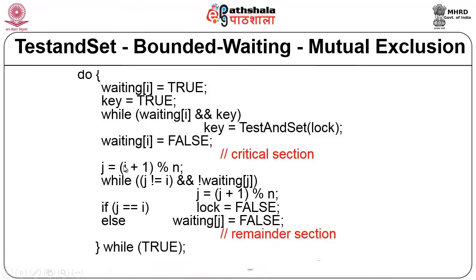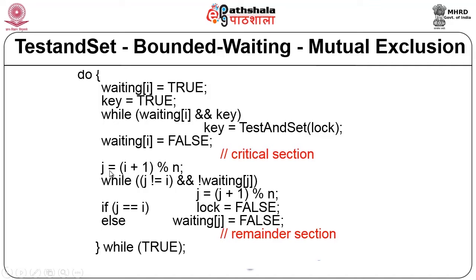And then after coming out of the critical section, what does the process do? This process i checks every other process that is in the system. There are totally n number of processes. This is a solution for n number of processes. So, j is equal to i plus 1 mod n. i is the current process. So, that value is incremented. So, if P5 is executing, i will be equal to 5. So, it makes i plus 1, it tries to check P6, the next process.